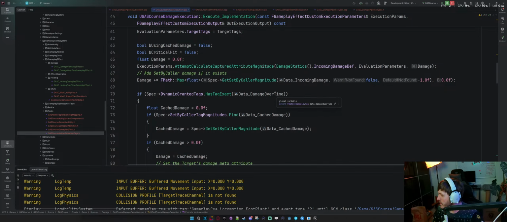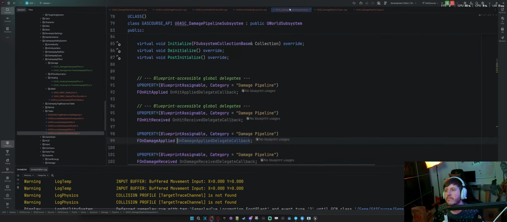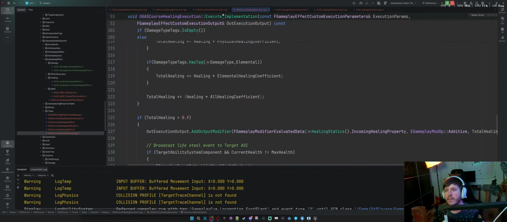I guess I could determine if it has it as well, right? Like the dynamic tags and everything. I don't know if I'll need that data if it's damage over time or not. Probably want to have that. Not sure if it's going to be.